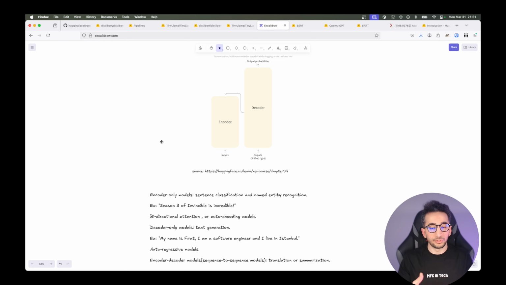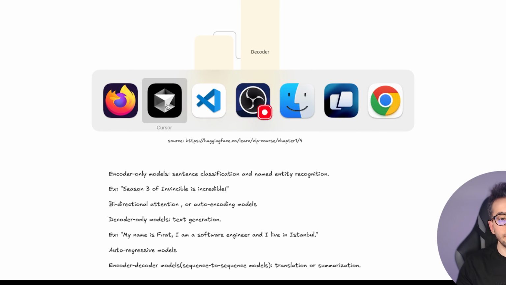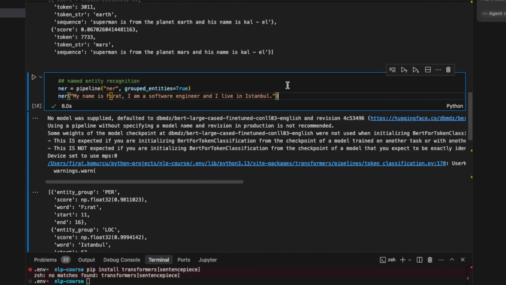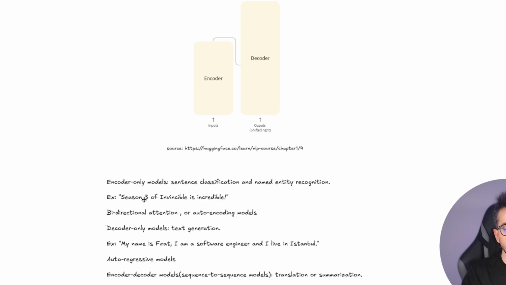This type of model, like sentence classification or named entity recognition, is just exploring the input. It is not actually generating new data. This type of model is called encoder-only, and when it is exploring the words, like in "season 3 of Invincible